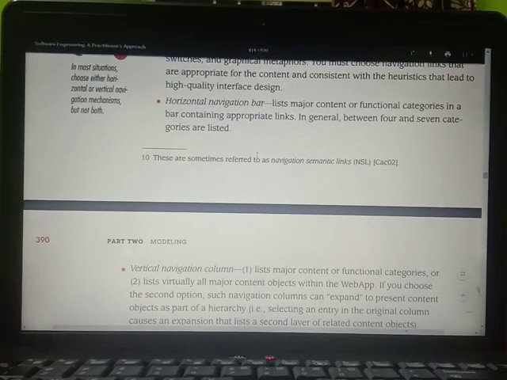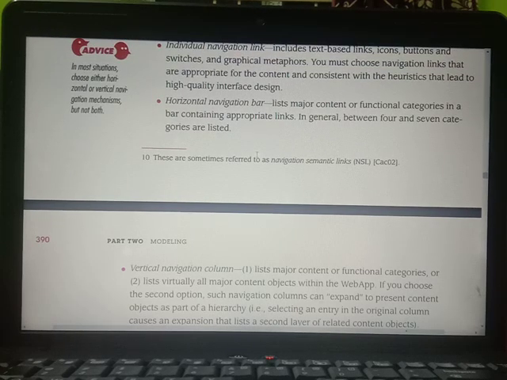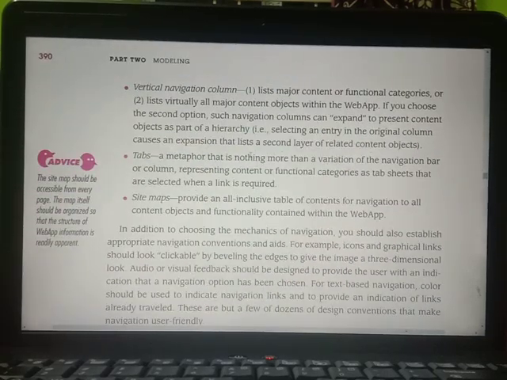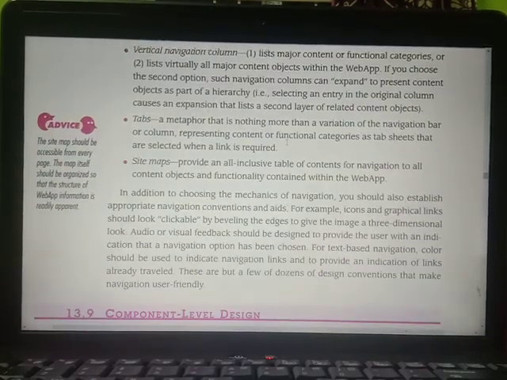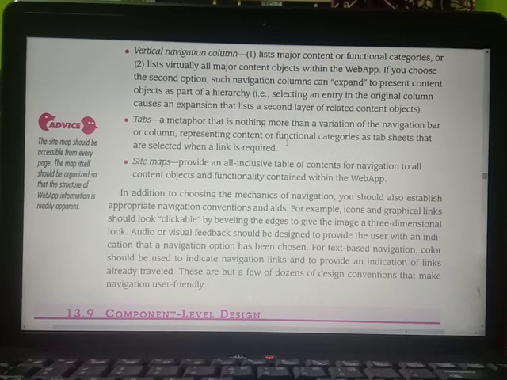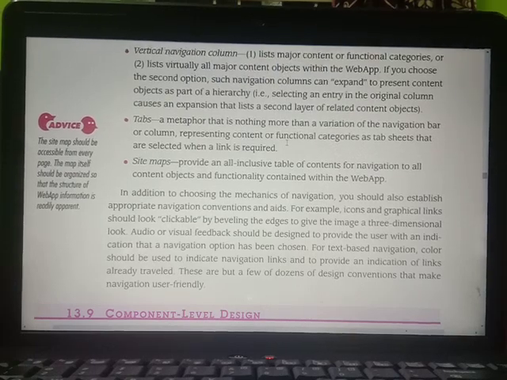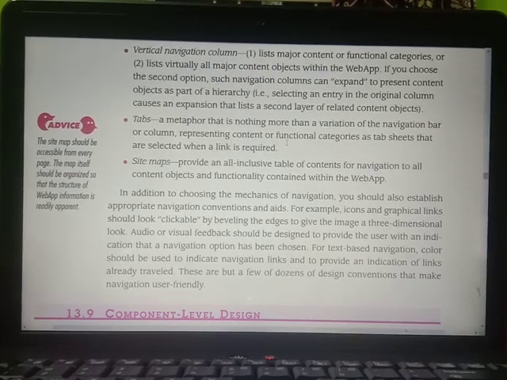The next one is the horizontal navigation bar. It will list major content or functional categories in a bar containing links. In general, between 4 and 7 categories are listed. Vertical navigation column: it lists major content or functional categories, and lists virtually all major contents within the app. If we choose the second option, such navigation columns can expand to present the content objects as a part of a hierarchy. The next one is tabs.